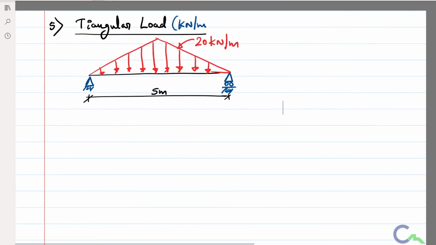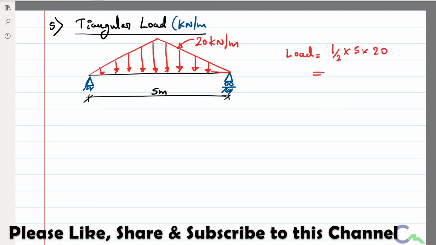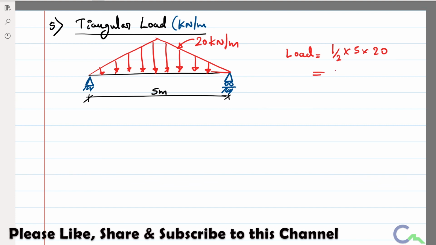The next type of loading is the triangular load. It will act like this. If I want to find the intensity, or convert it into a point load, it is nothing but the area of the triangle, half into base into height. So we will get 50